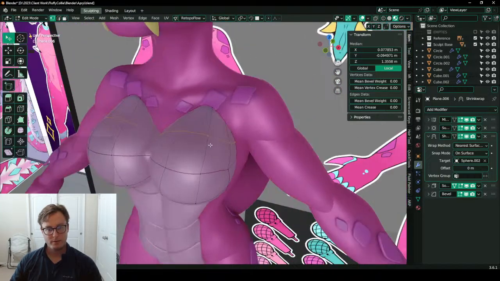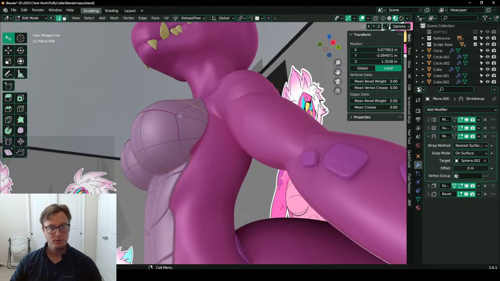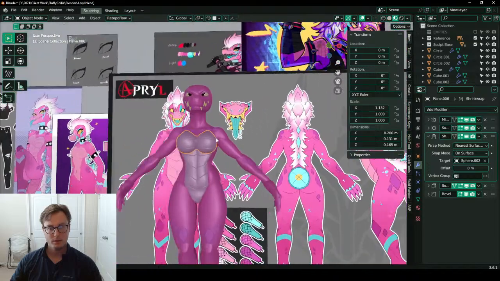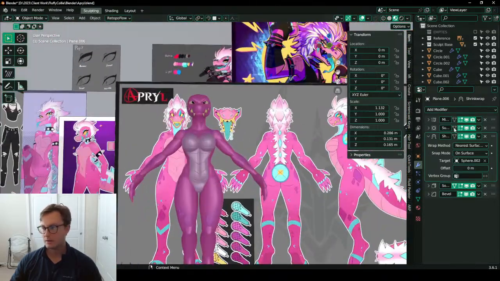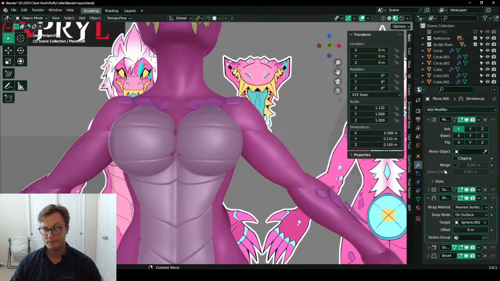All right, now that we have those, I think we can go ahead, take these and rip them, and then we'll get the ribbing. Nice. Okay, let's turn off mirror, merge. Well,